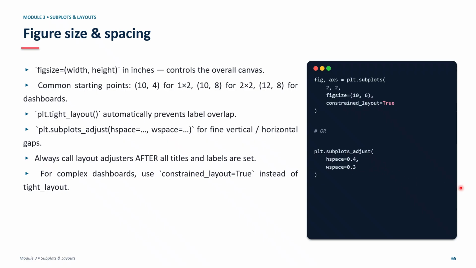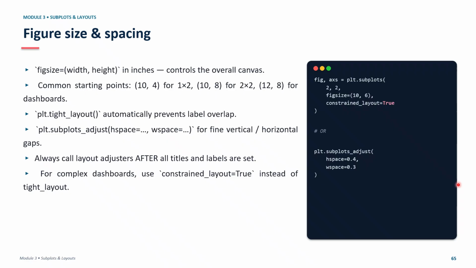It has two parameters within the function: hspace and wspace. hspace means the height space, the vertical gap between the rows as a fraction of the subplot height, and wspace is the width space, which is the horizontal gap between the columns. So hspace is between rows, whereas wspace is between the columns. Generally values in the range from 0.3 to 0.5 are typically used for